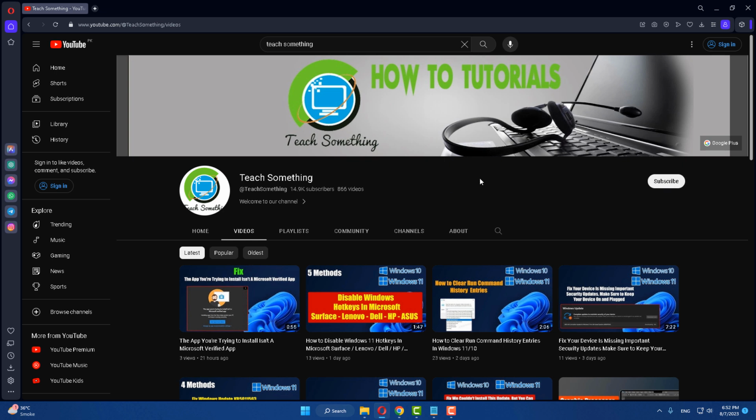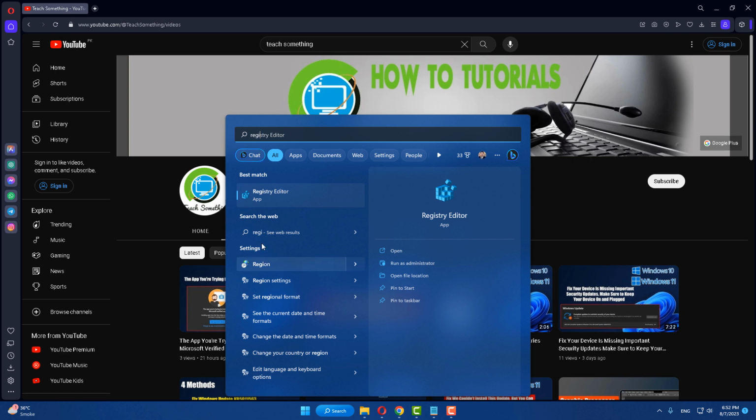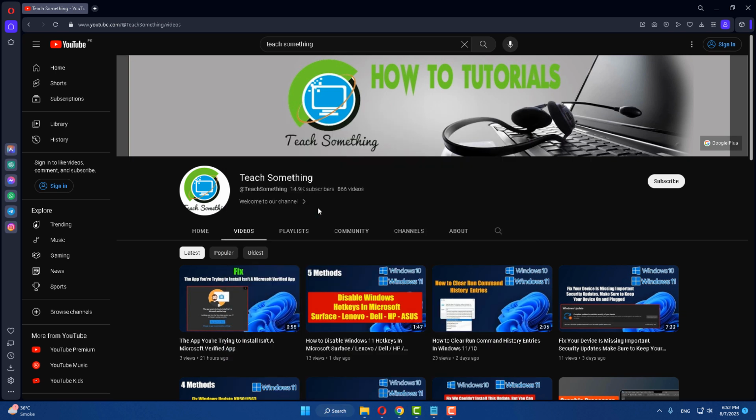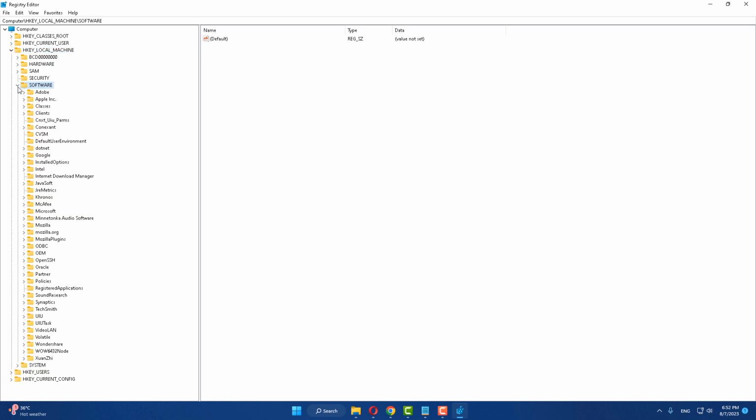So let's start. Okay guys, first of all in the search box type registry editor. Open Registry Editor, right click, run as administrator. After opening the Registry Editor, select HKEY_LOCAL_MACHINE and expand it. Select Software and expand it. After that, select Microsoft